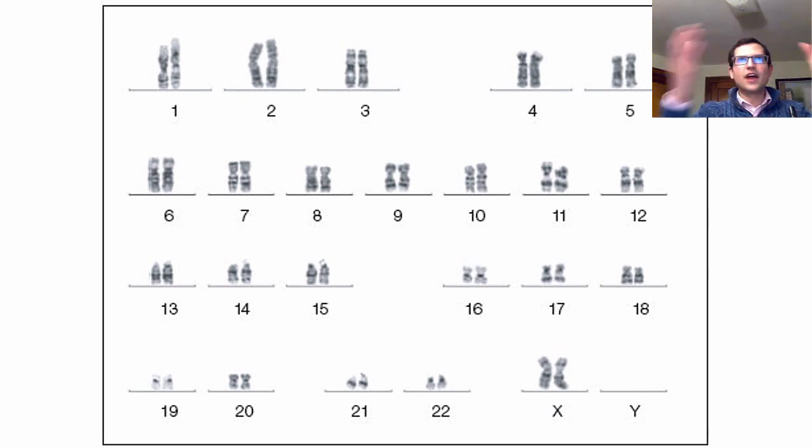So if you look at the diagram here, we've got in the upper left chromosome 1. There's 2 copies of chromosome 1. Immediately to the right of chromosome 1, there's chromosome 2. And you can see there's 2 copies of chromosome 2. Look midway down the page, there's chromosome 15. You've got 2 copies of chromosome 15. So you've inherited one of each chromosome from your mother and one of each chromosome from your father. This becomes really important later on when we look at short tandem repeat analysis